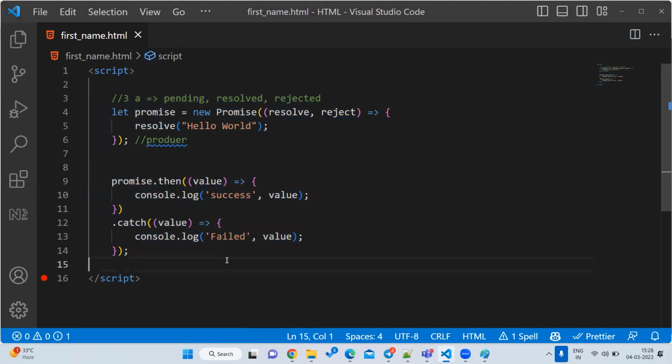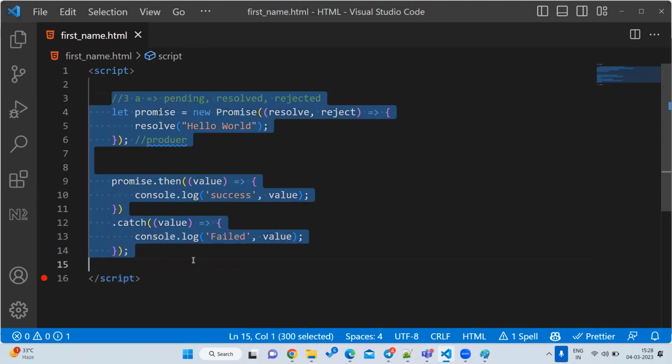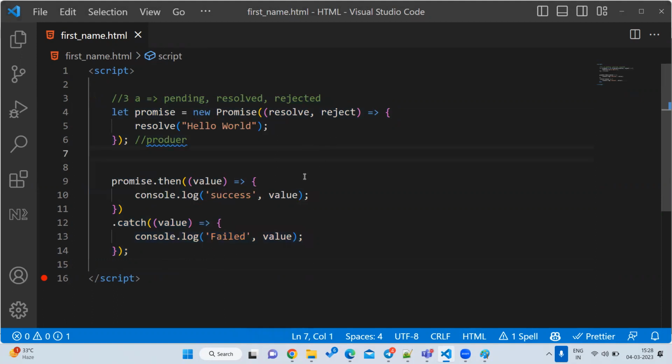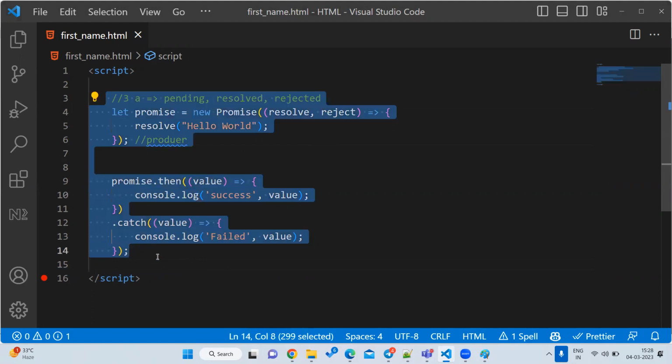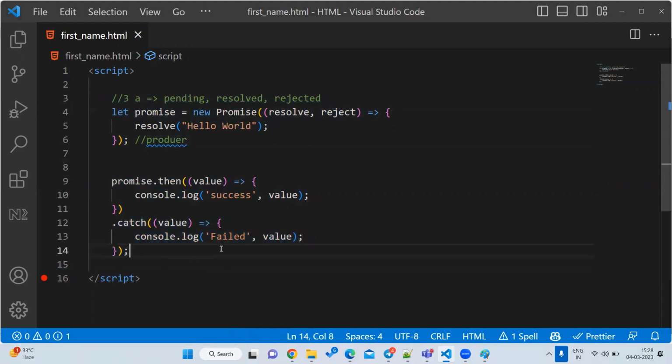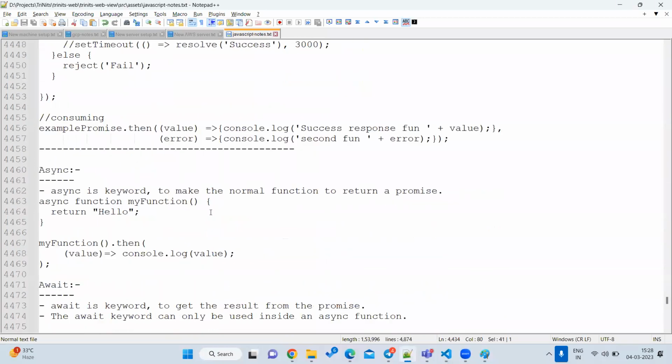In the interview they will give a notepad, open your notepad and write the promise example. You write it. Then what you have to write is let promise is equal to, you can write like this. Clear? They will ask directly, open your notepad and write it. So we have to write the program something like this. Okay, so this is a promise. Suppose we are writing a promise something like this, right? So this is the consumer code, something like this.